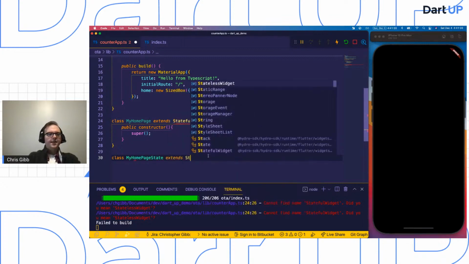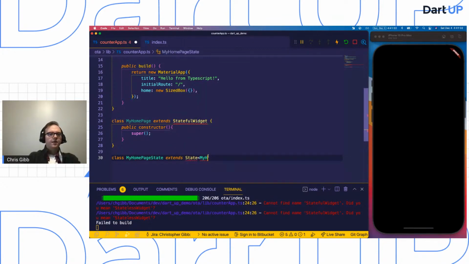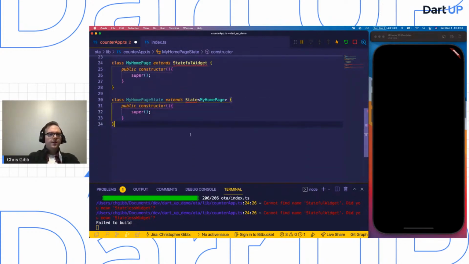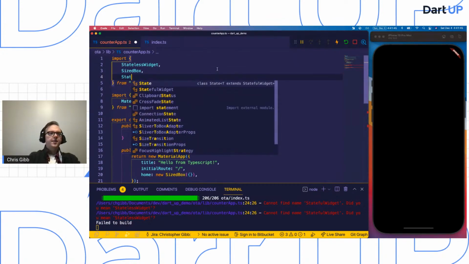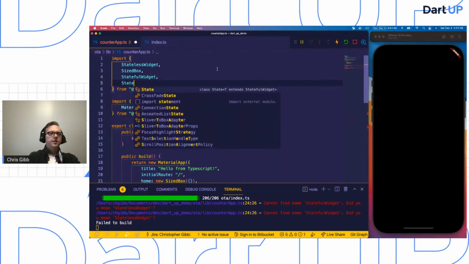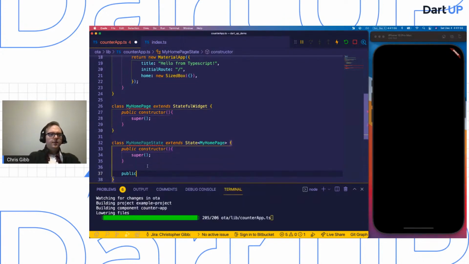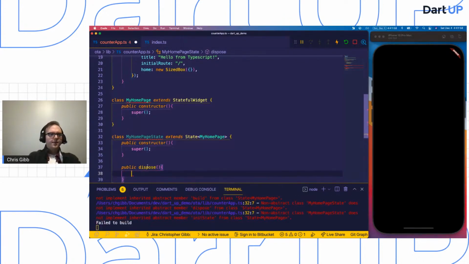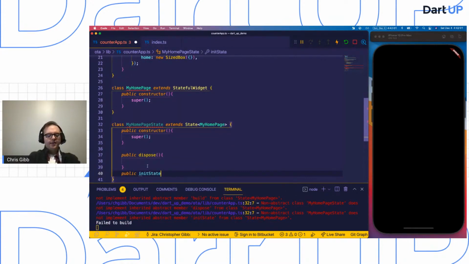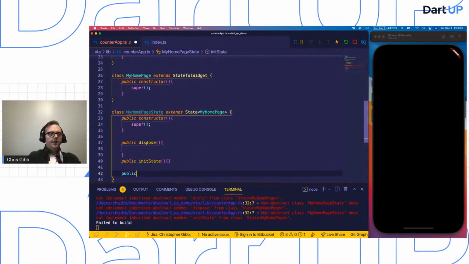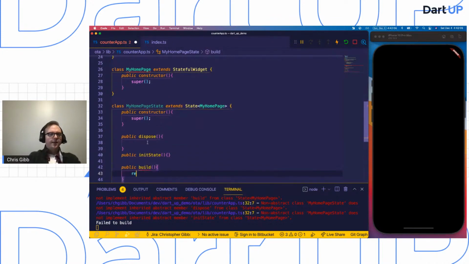And we'll create the state class for our homepage. And we'll give this a constructor too. And these imports are missing. VS Code's not helping me. Add those imports. And we'll override dispose, and we'll override init state. And then we can give ourselves a build method